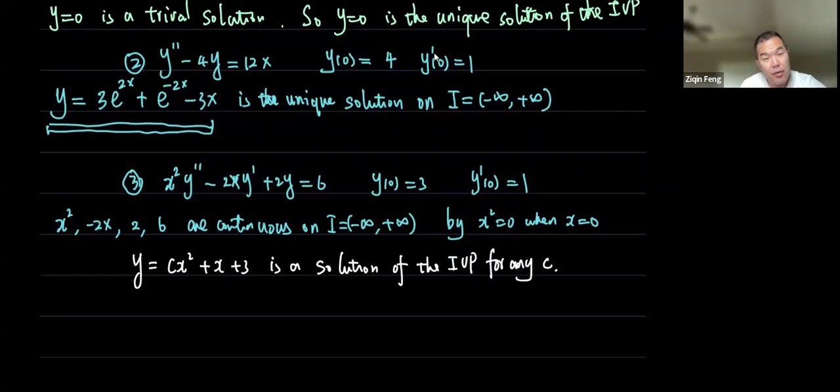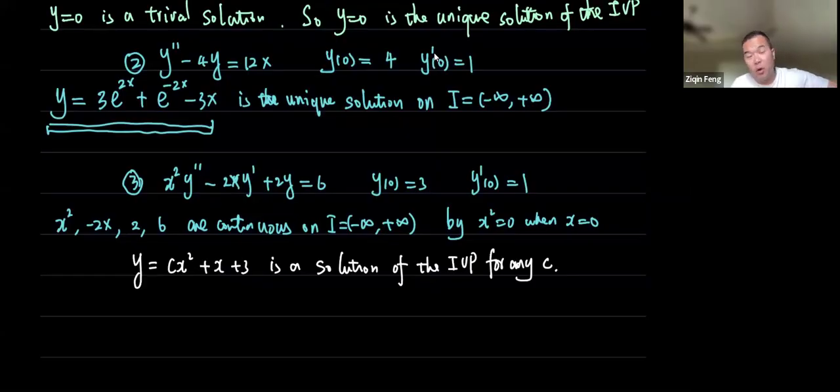So the sufficient conditions of this theorem are also very important. You have to satisfy all of them to get the existence and also uniqueness. So this is basically what we want to know about initial value problems. When do we have a solution, right? As long as all the coefficient functions plus the function on the right side